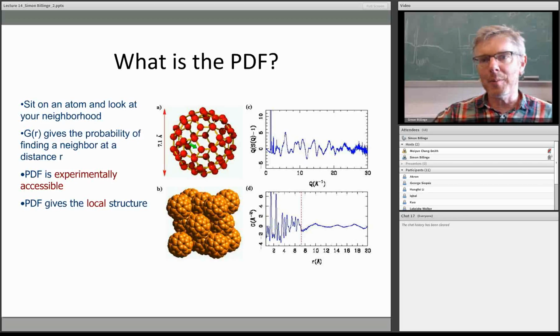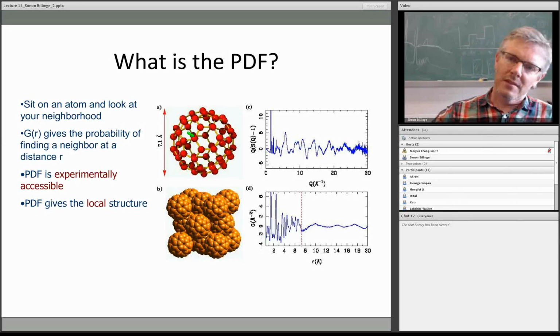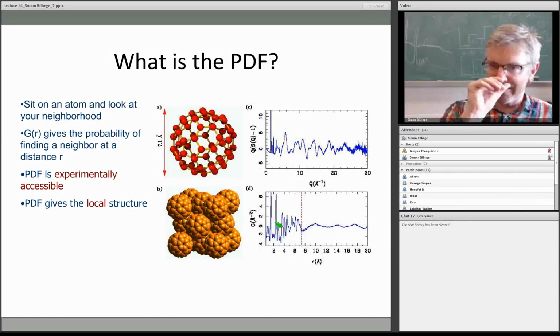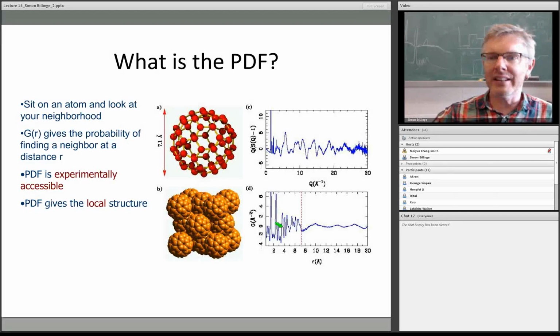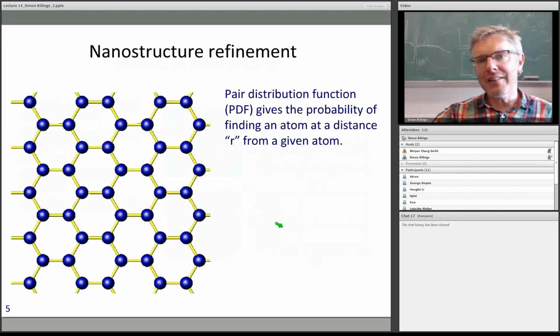The inverse problem is, here's a PDF. What's the structure that gave rise to it? And we only have a few examples where we've actually solved the inverse problem from the PDF to get the structure of a material, but it has been done. But the forward problem is very trivial, and this is the one that we use the most actually in our modeling. So basically, the way that we calculate the PDF from a structure is, let's do this one, which is